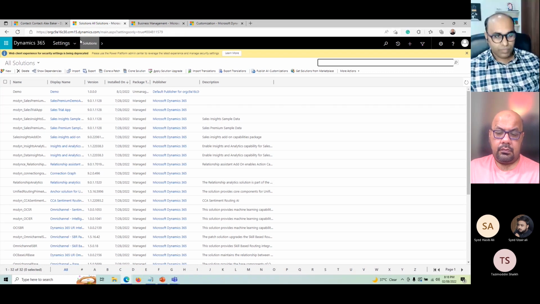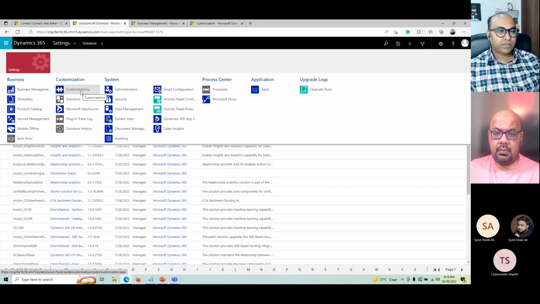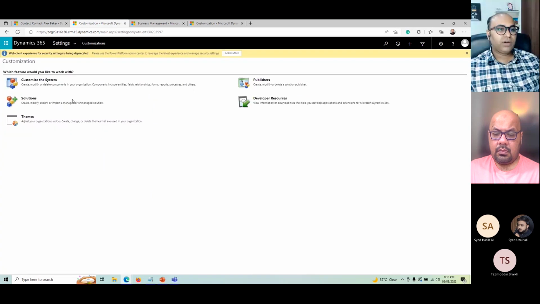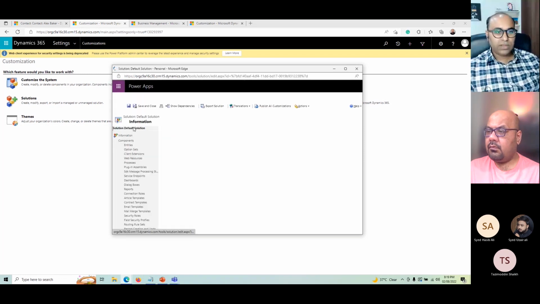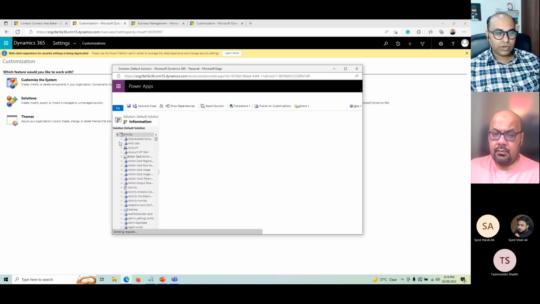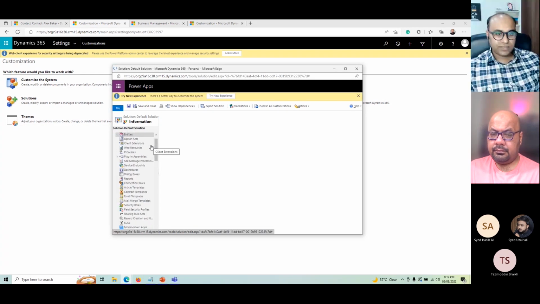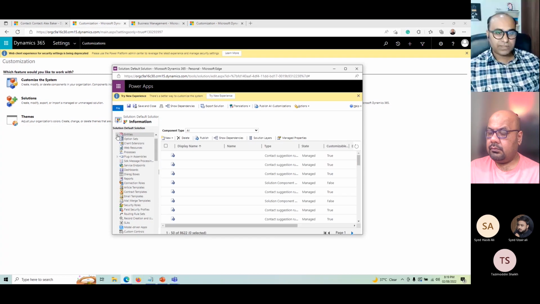Or there is another way which is called customizations. We can go here, we can click on customize the system. This will open up the default solution. So every environment will have a default solution where all the components available in the system are already added for you. So that means if you create a new entity, even in a new, separate solution,